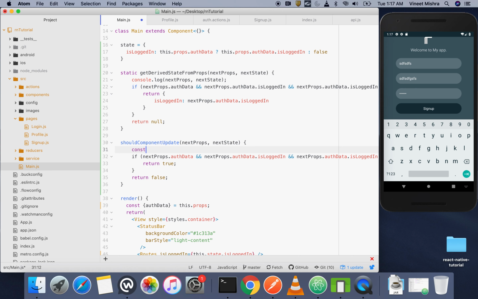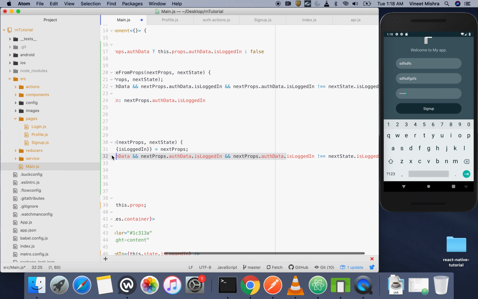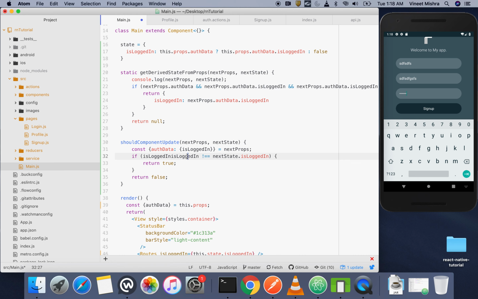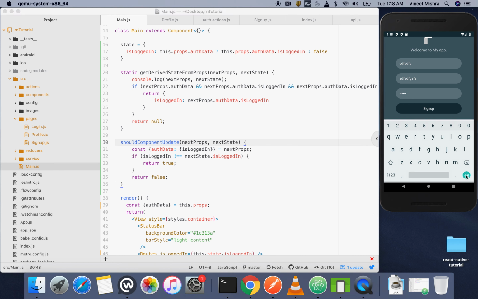We will do some refactoring. Const auth data, and this will have is logged in, which we will take from next props. Okay, so now directly we can use this. If undefined is not equal to state, then return true, return false. If is logged in is undefined, first let's check this, but I don't think so it will be undefined, because when we are refreshing the application,